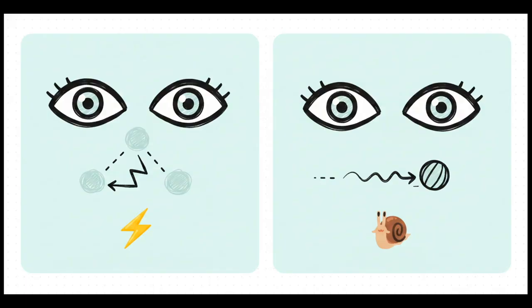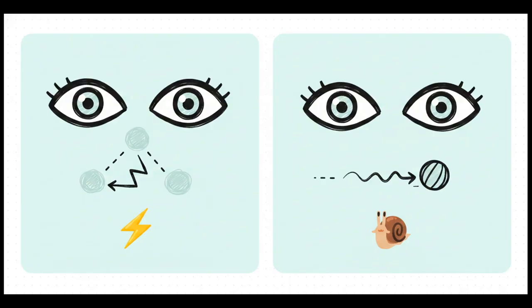Clinicians evaluate two main types of conjugate eye movements. First, we have saccades. These are the really fast, voluntary movements your eyes make when they're jumping from one word to the next while you're reading. Then we have pursuits. These are the slow, smooth movements you use to consistently track a moving object. Understanding the mechanical difference between these two actions is absolutely vital for diagnosing exactly where a patient's visual processing is